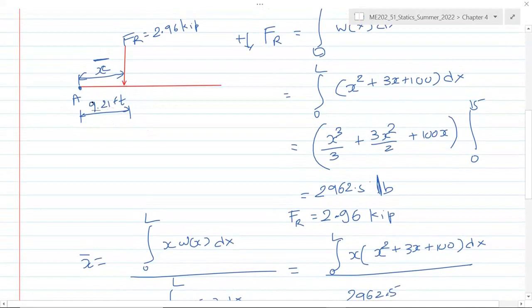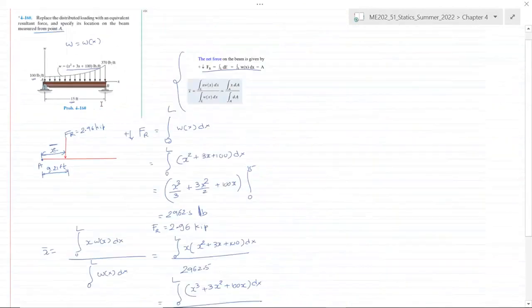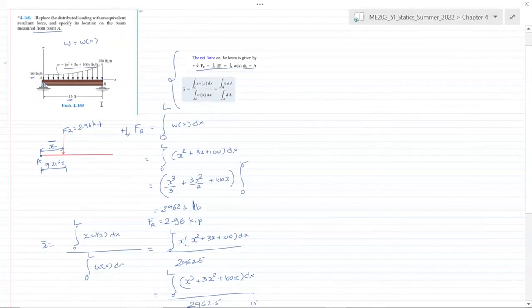And that's the end of this solution. So let's look at it one more time, how we have made use of these two equations. We have calculated the resultant load by integrating the function over the length, and then we calculated x bar, the exact location, by dividing the moment of the distribution with the total